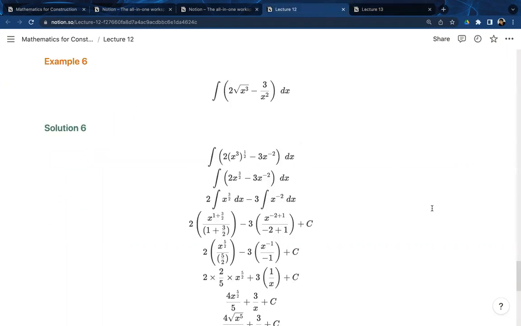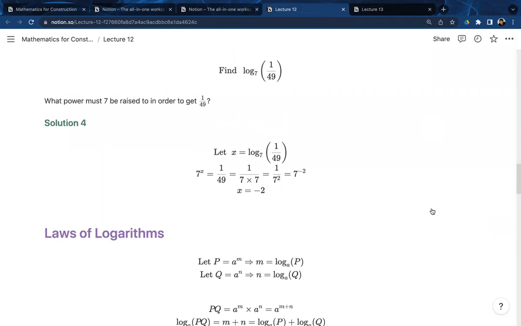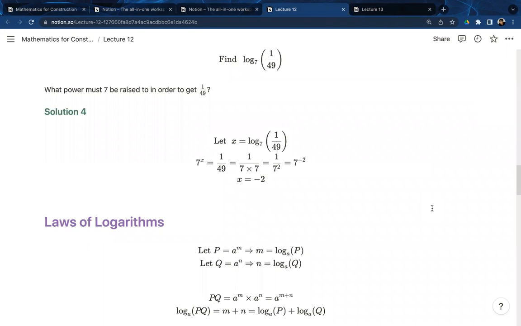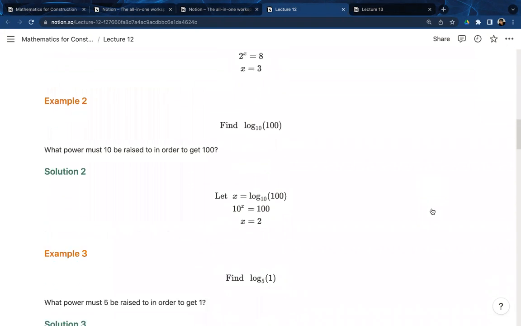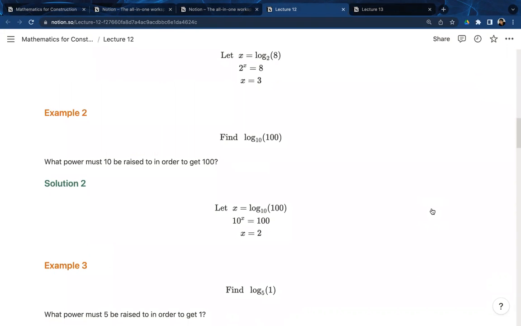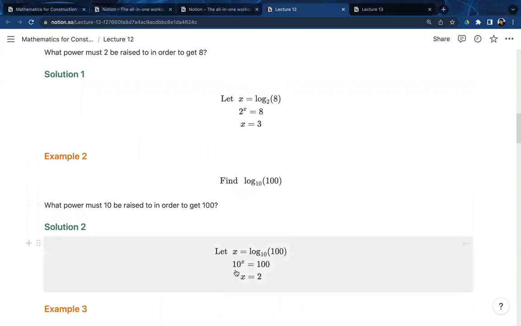In lecture 12, we talked about what a logarithm is. A logarithm is a synonym for power or index, but the context we use a logarithm in is when we have equations where the unknown is a power. So you see here, like 2 to the x is 8. What is x? X, the unknown, is a power, not a base. So logarithms were invented to change this equation from an exponential form to the logarithmic form, where the unknown is